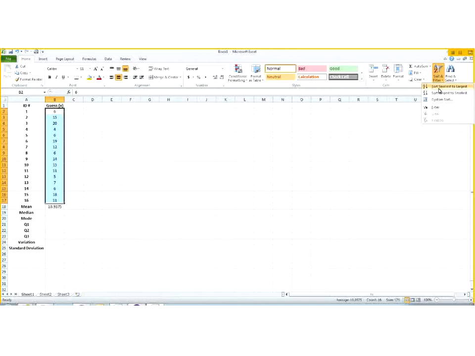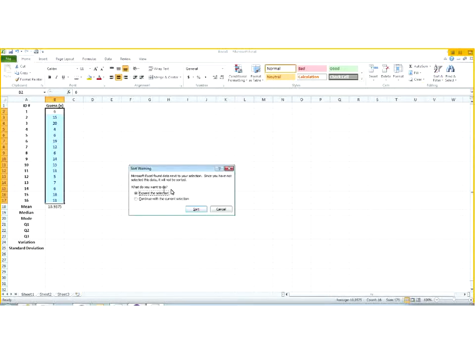And you can see it says sort from smallest to largest, sort from largest to smallest, and you can do some custom sort things if you have several kinds of things you're trying to sort. Like let's say you have a bunch of people with the same last name, so you want to sort by last name first, and several people have the last name Smith, and you want to then sort by the first name so we get those in alphabetical order. Then you can do a custom sort. But we're going to do smallest to largest,